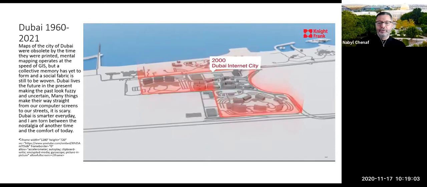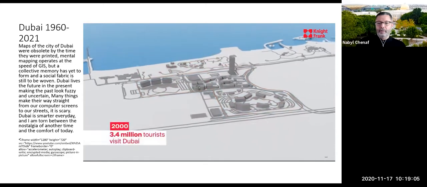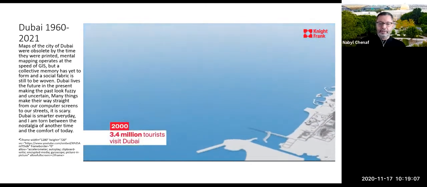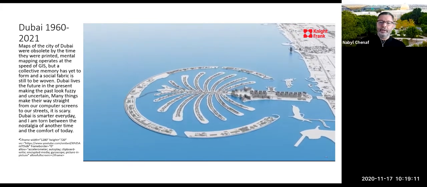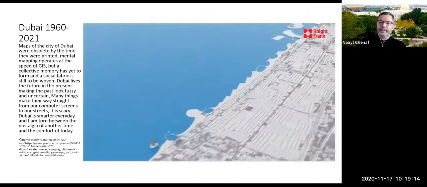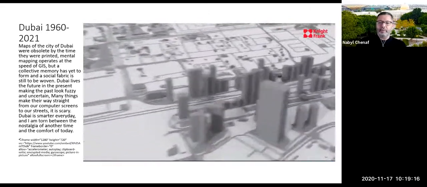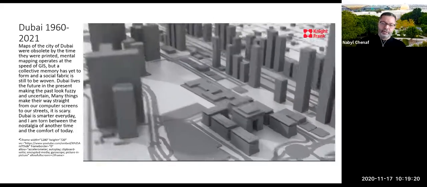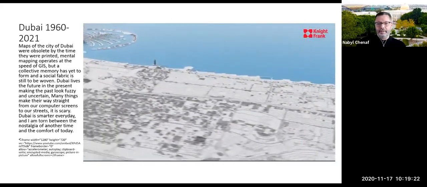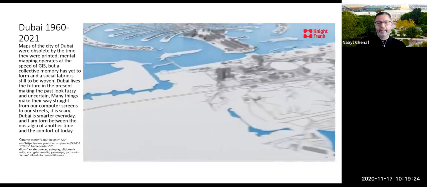They were trying to choose a location for Jebel Ali, which is the industrial area in Dubai. And they were going on towards Abu Dhabi until they thought that he would never stop. And he decided to stop where Jebel Ali is, which is almost the limit of the Emirate of Dubai.